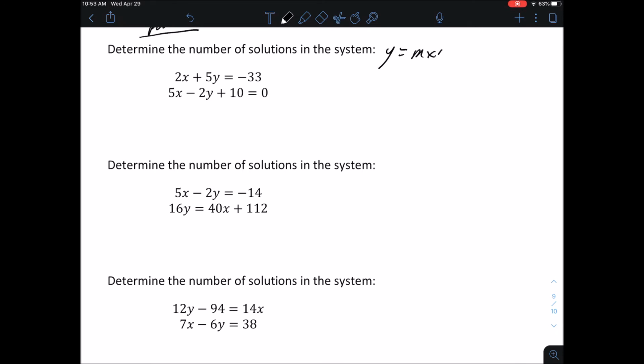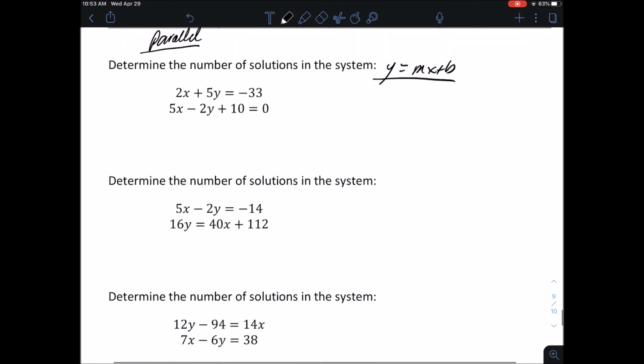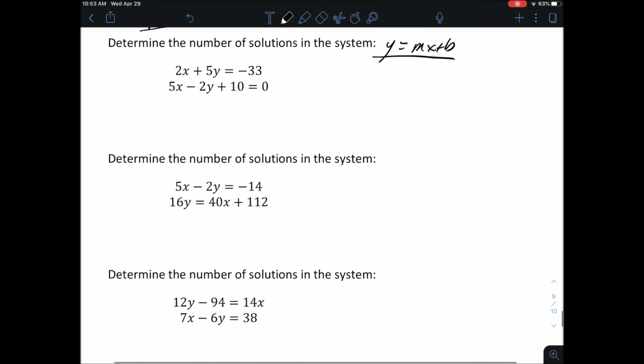So now down here, I have a couple of problems for you to try. Change them all into y equals mx plus b format, and then look at them and look back at your chart and see what is the situation you find yourself in, how many solutions are there. Okay. So hopefully you change those all into y equals mx plus b,